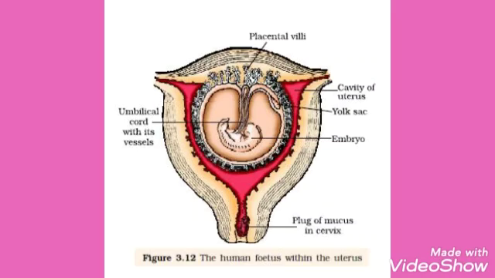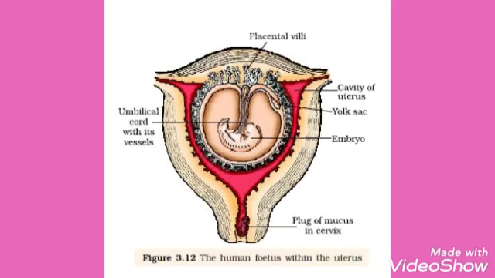This causes the chorionic villi and the uterine tissue to become interdigitated with each other and jointly form a structural and functional unit between the developing fetus and the maternal body